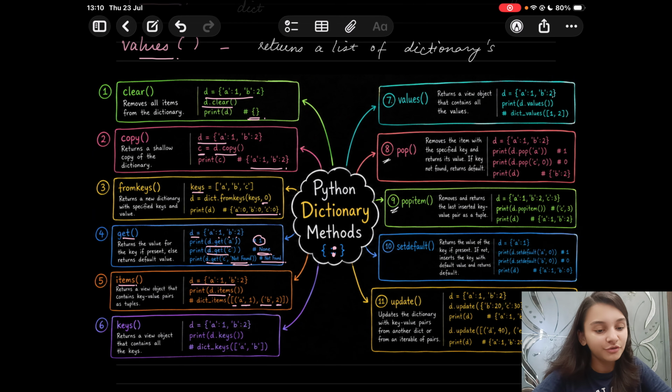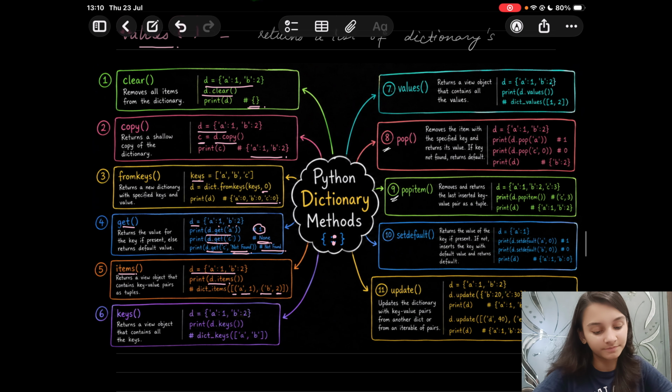Right? Key value tuple pairs. The sixth method we have is keys. So we have a dictionary D over here, and on printing D.keys, it will fetch us the keys as a list. Right? So A and B here are the keys, and 1 and 2 are the values associated with them.